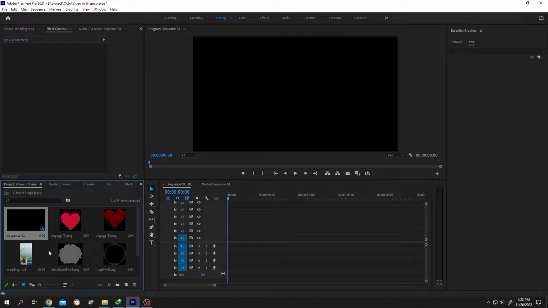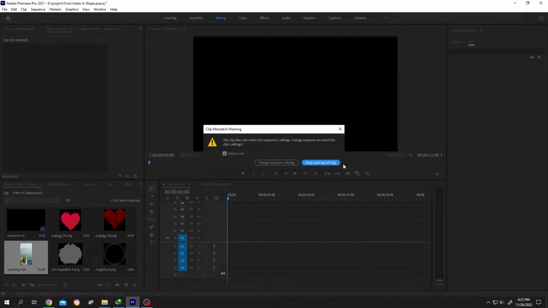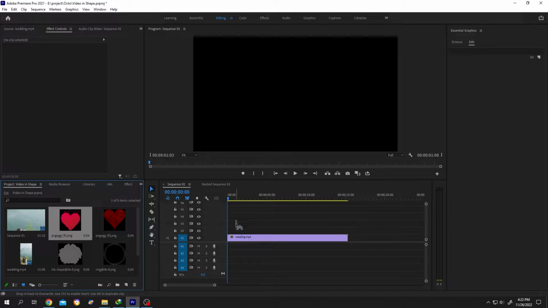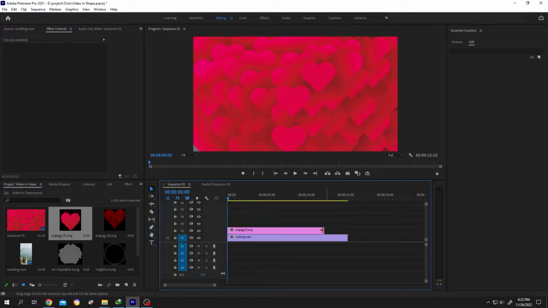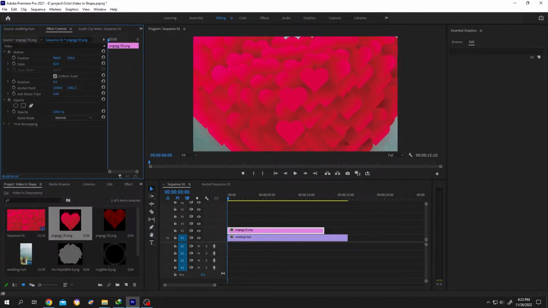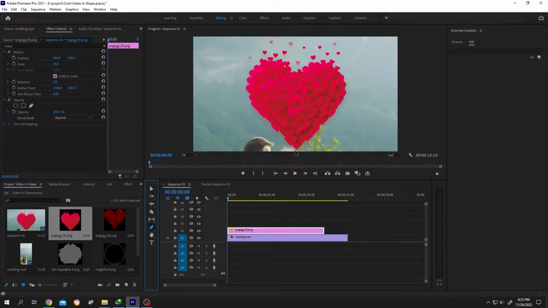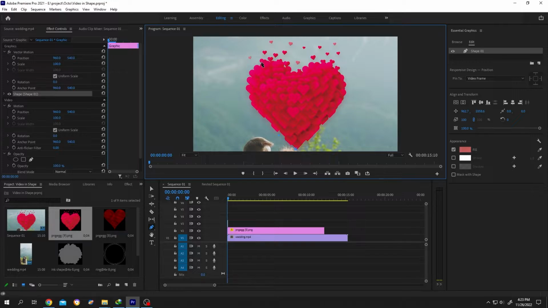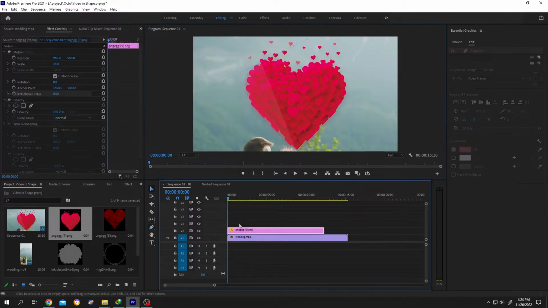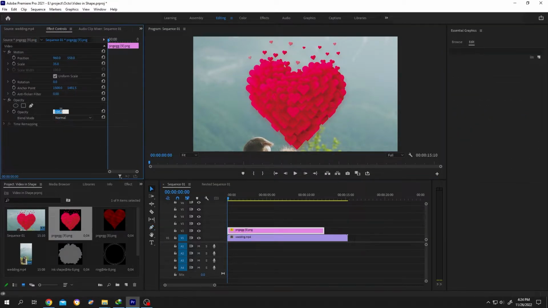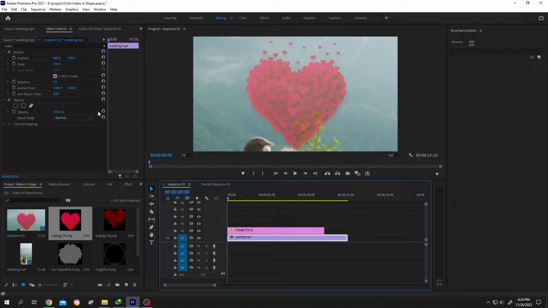So guys, it's really simple. Bring your video to the timeline, then the shape, scale down and position the shape properly where you want, or we can make our own shape by using the pen tool. It's totally up to you. Reduce the shape layer opacity to like 70%. Then select the original footage, position it properly,